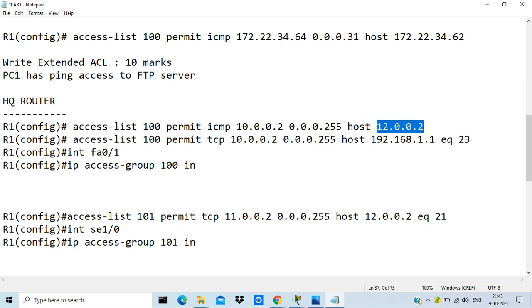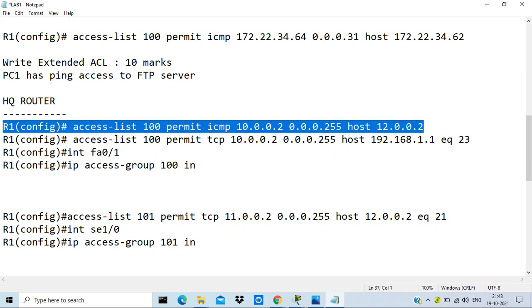And then either you can give this command host and then the target IP. The target IP here is my FTP server. I want to ping my FTP server. This is one way. In some articles you will see that instead of host, they have omitted this. So just for understanding, I can write it in another way also.